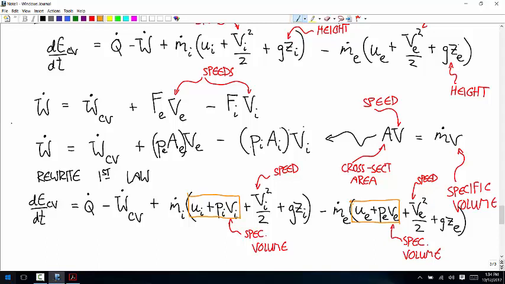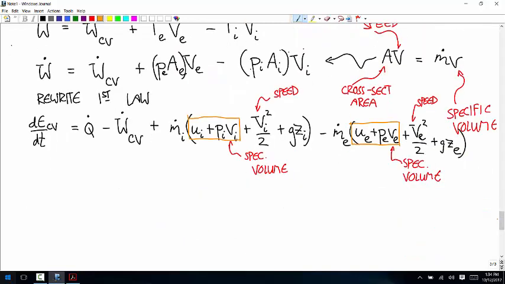And here's the first time we've seen it show up. So we went through all this, thinking about the stuff that we know and understand, and we just came up with this term in two different places that we can rewrite as the specific enthalpy. So the final form